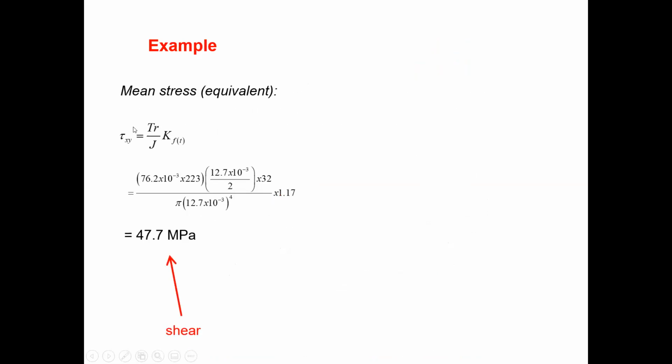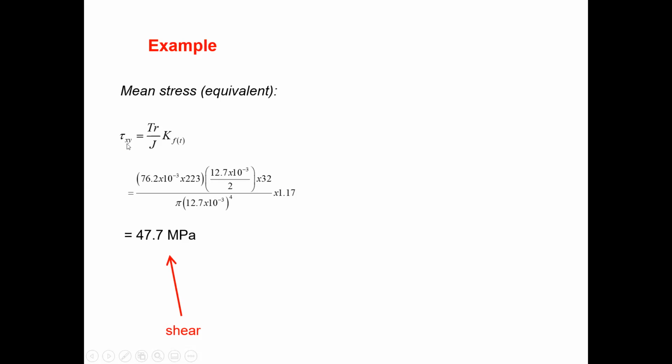But in the exam you can't do it this way, okay, because you need to start from the beginning. You need to do all these steps as in example 1, then the second part you can do. Here we are not going to discuss that same part again. So for the mean stress you can calculate the shear stress and then the bending stress sigma,